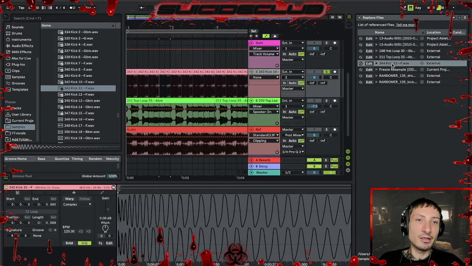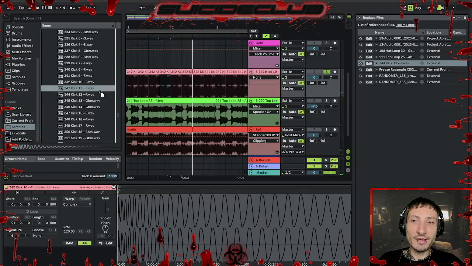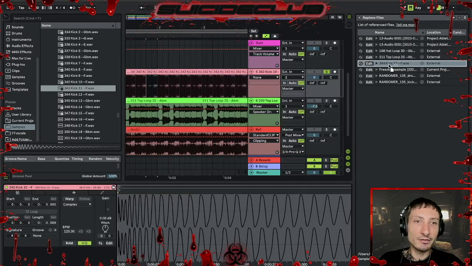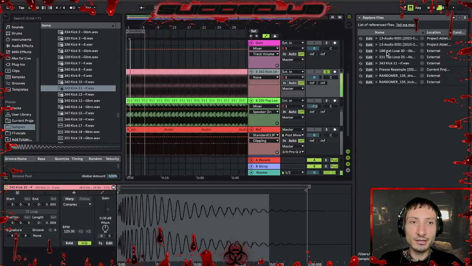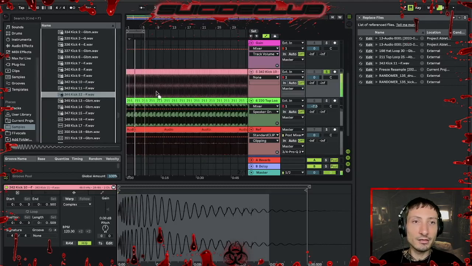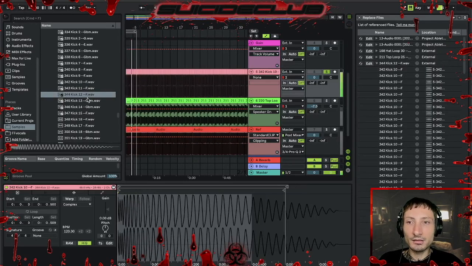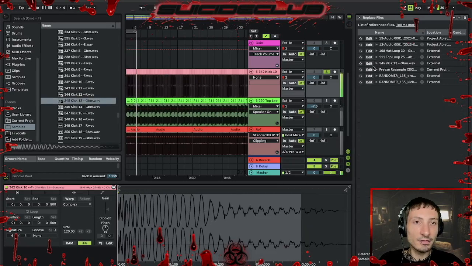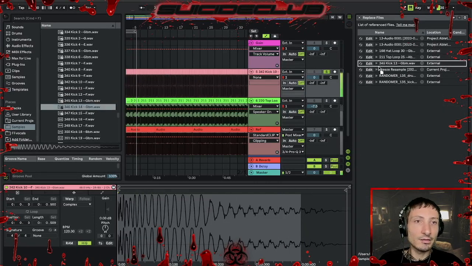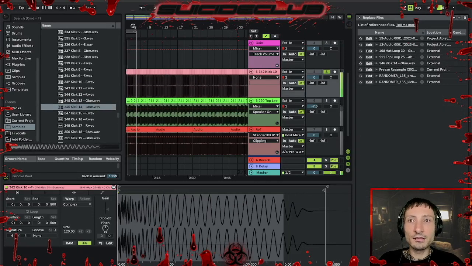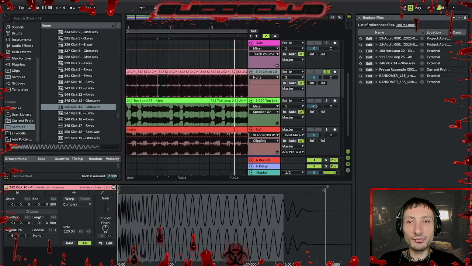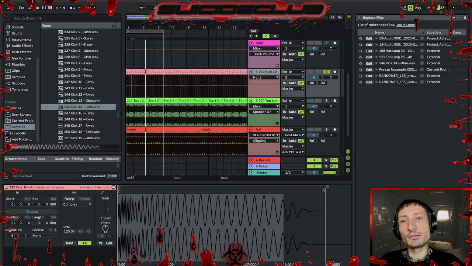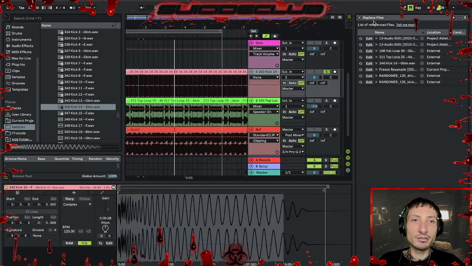So here it's this one, and then you can just replace the file with a new kick, and it's gonna change all the line. It's really cool because I don't use a Simpler for my kick. I prefer to have the audio clip, but sometimes if you want to make some change,